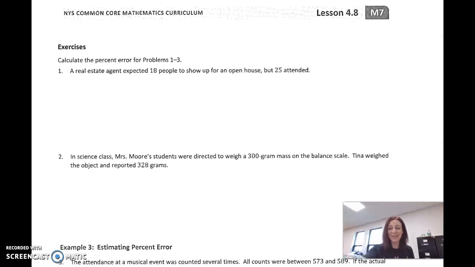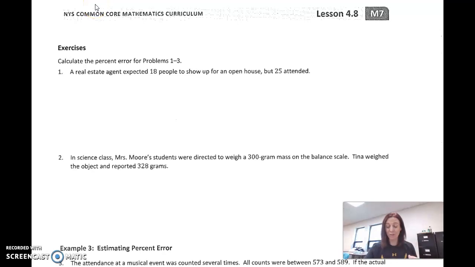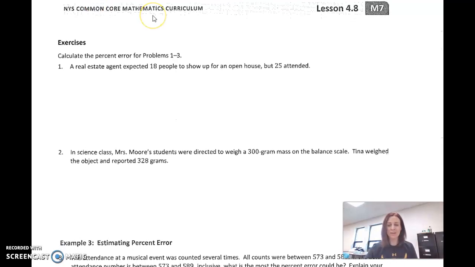All right, so again, in lesson 8 here in module 4, we are focusing on percent error problems, right? This whole module has been on percents, and now we're trying to figure out, hey, if we're measuring things, what percent are we off? Okay, so keep in mind that we have this formula